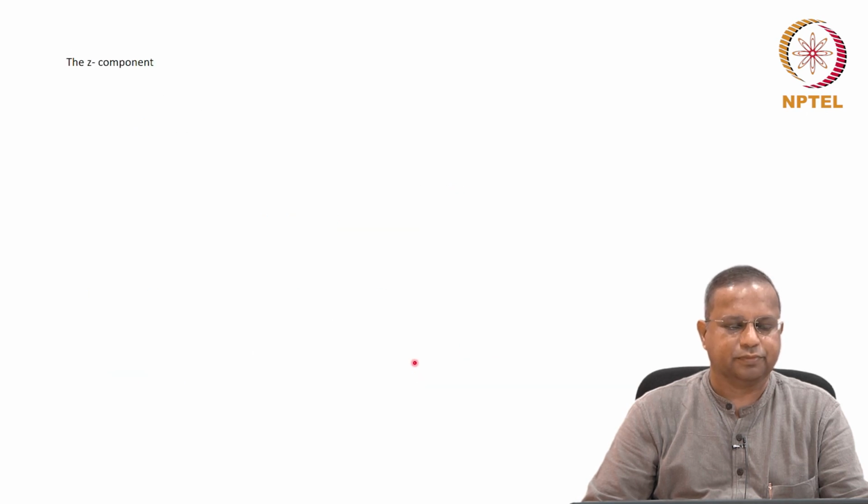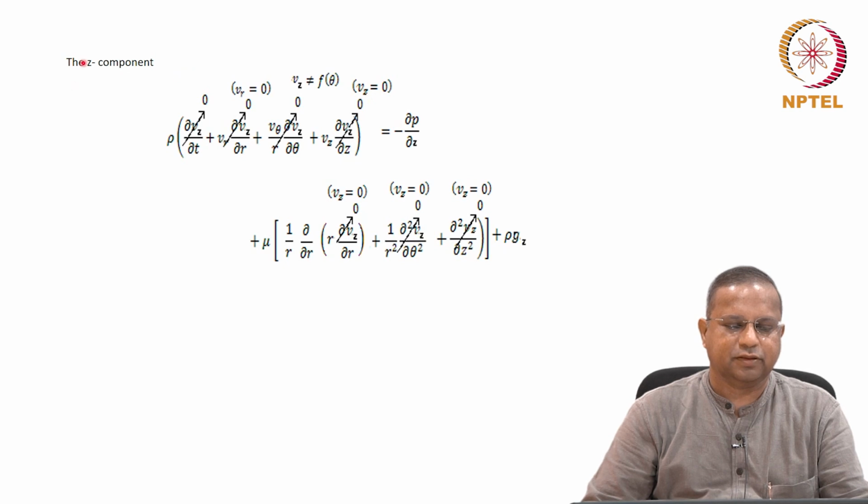Okay. Now the third component, which is the other equation from the same table, the cylindrical coordinates table. You will have this, please write it down and check. Let us cancel the irrelevant terms. The process is at steady state, therefore no time derivative. This goes to 0. Vr is 0, this vanishes. V theta is there, but Vz is 0, so that goes to 0.